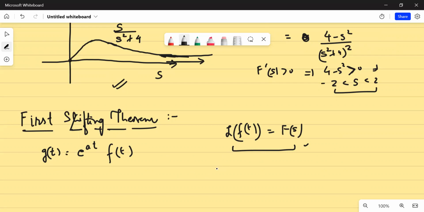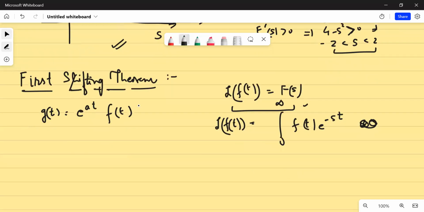Then what I can do, or I can say that my Laplace transform of f of t is what? It is equals to integration 0 to infinity f(t) e की power minus st. You know, then what I have to do, I should simply replace my s by s minus a. If I do so, what I'll get? I'll simply get F of s minus a is equal to integration from 0 to infinity f(t) e की power of this is, I think